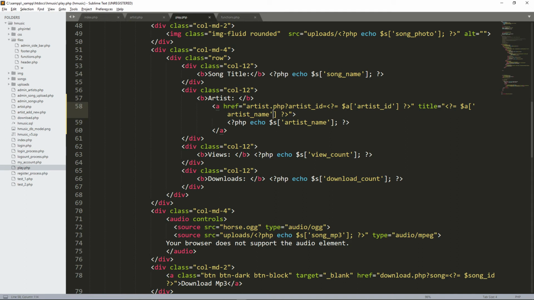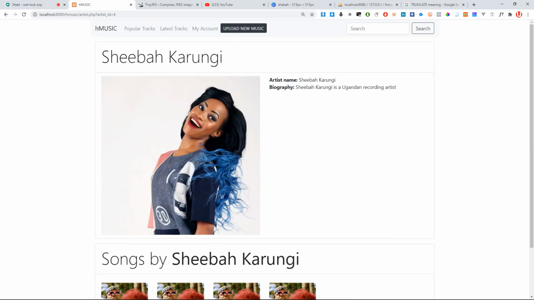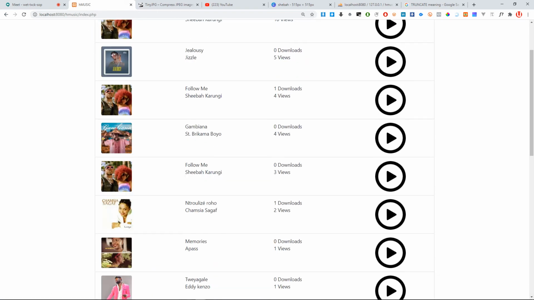What are we having here? It is called S. Now here you see, here it is A, here it is S. So the information is inside the S, but the other one was in A. So the artist ID will be here in the S. So I hope it is okay. Now you can see it is a link, and that link is clickable. So I can navigate simply from